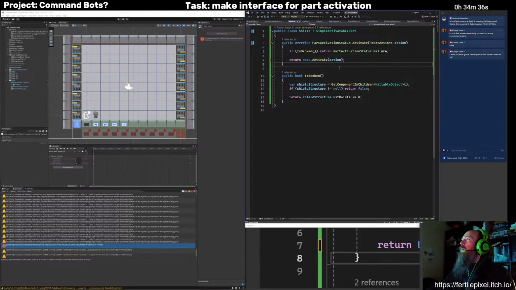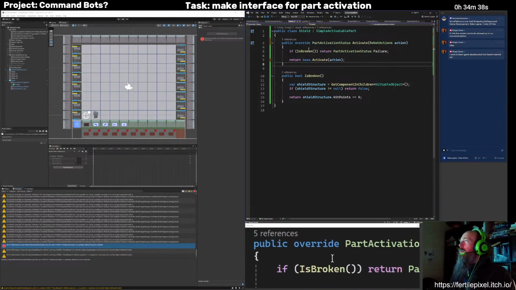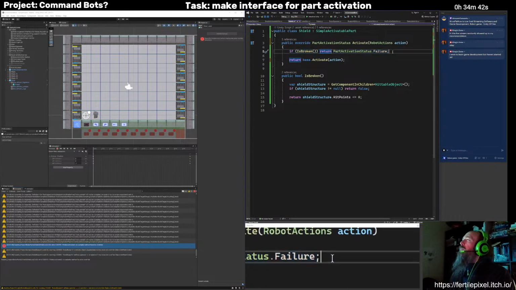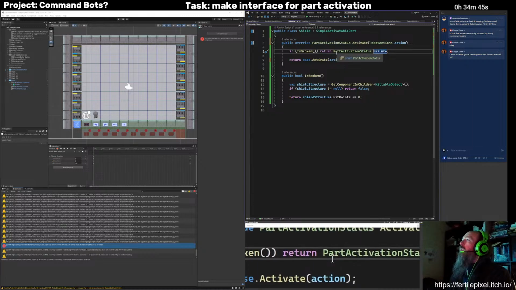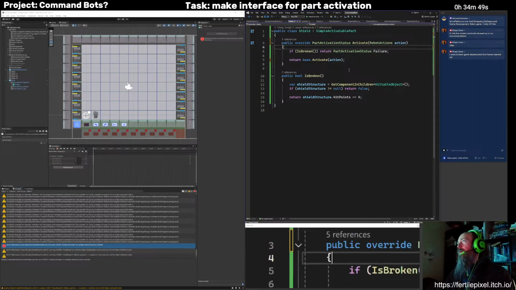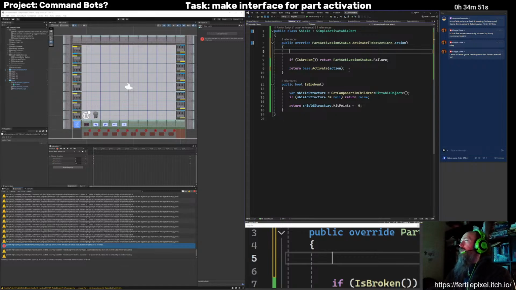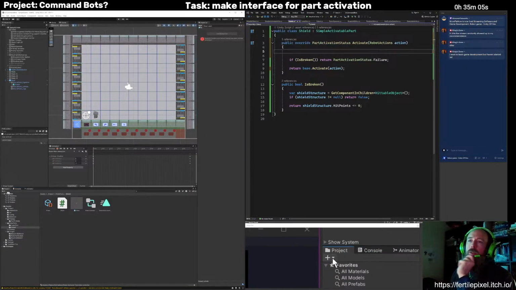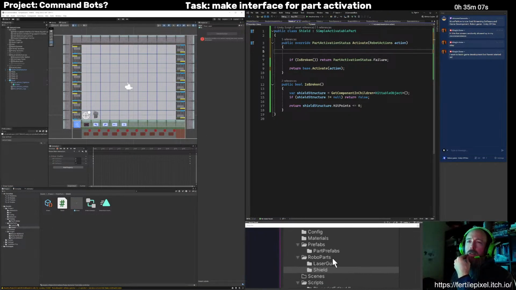Oh, this is good. Now it needs to actually check. So it's only relevant that it's broken if it is a relevant method. Interesting. So basically, something going on here is